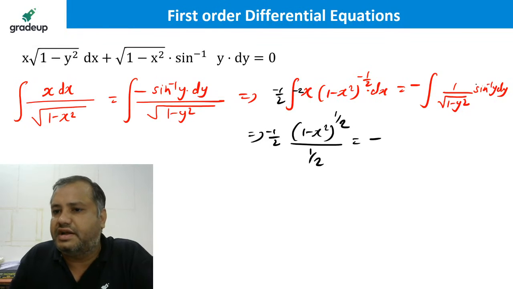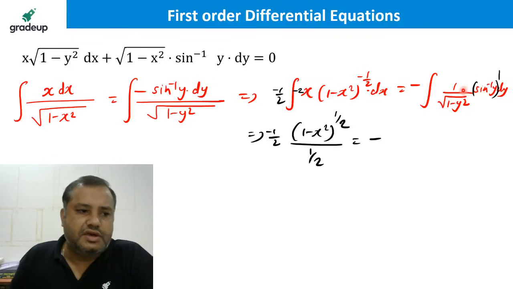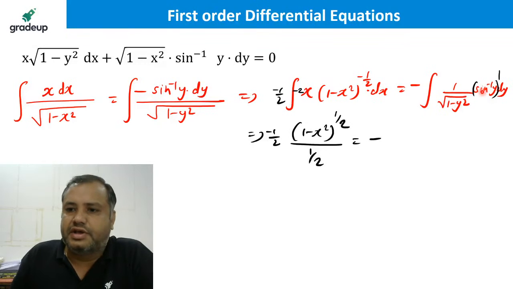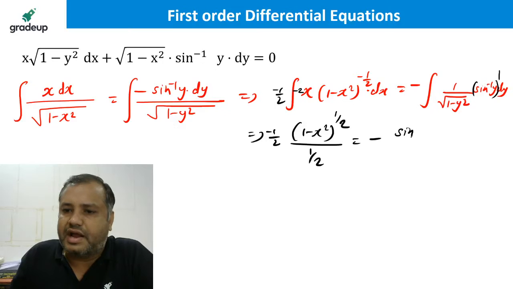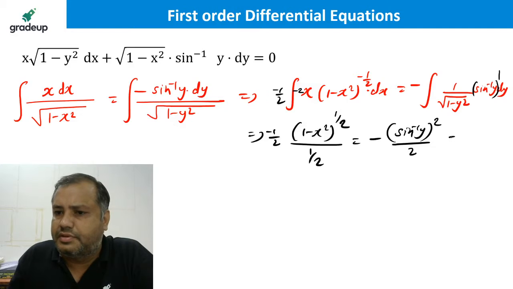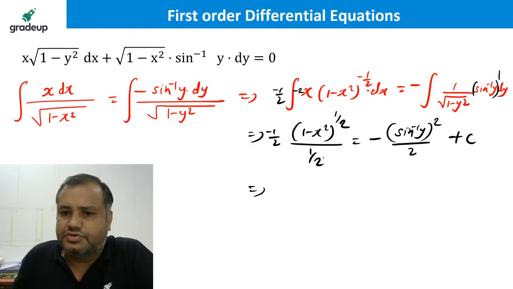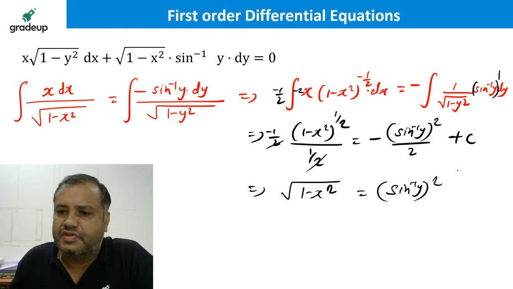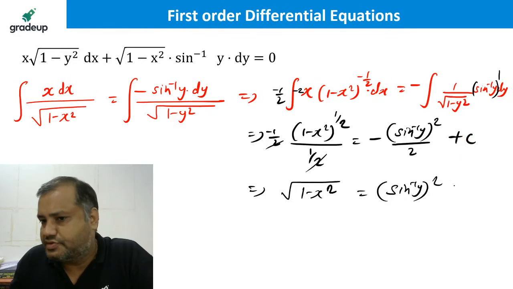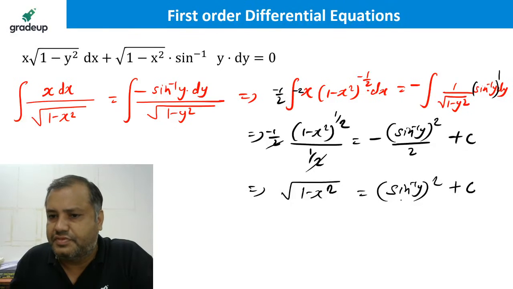And on the right hand side, you can see sin inverse y to the power 1. The derivative of sin inverse y is 1 upon root 1 minus y square. So if the derivative of this function is written adjacent to it, the answer will be bracket to the power n plus 1 upon n plus 1 plus some appropriate constant c. So this 2 gets cancelled. If you want, you can multiply by minus sign throughout the equation. So the left hand side will become plus sin inverse y whole square, and this will become minus c. So I will replace minus c